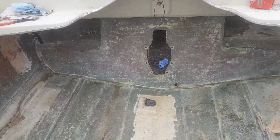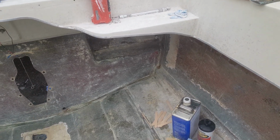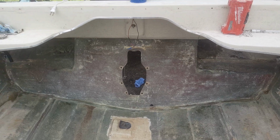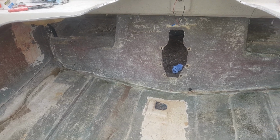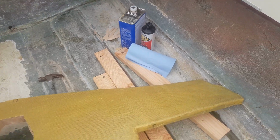Once you've noticed all the parts have been cleaned, take your wax remover and do a good job taking off any kind of wax that was left over. You won't really be able to see it, but if you use the grinder a lot, you'll definitely have a good amount of wax there, so you want to do your part to take that off. And then obviously the wax remover,